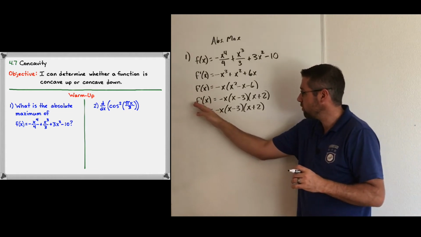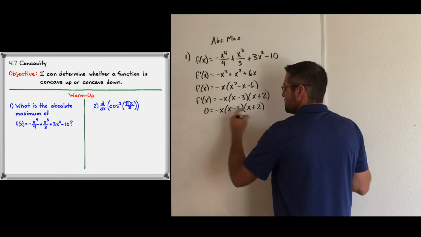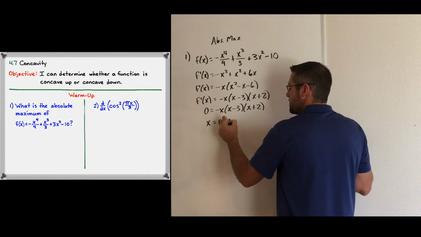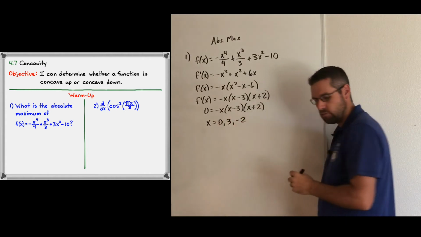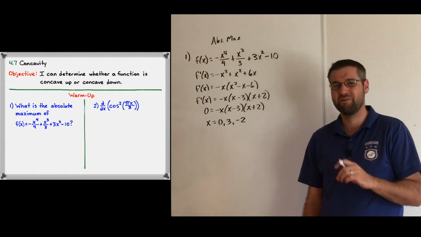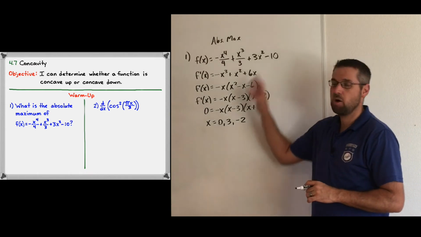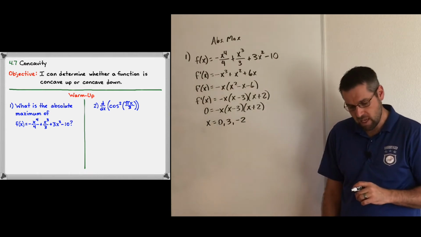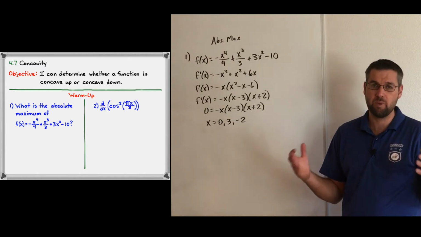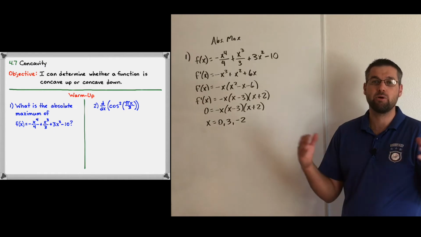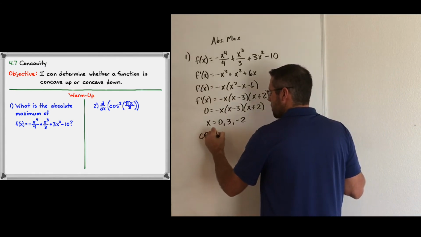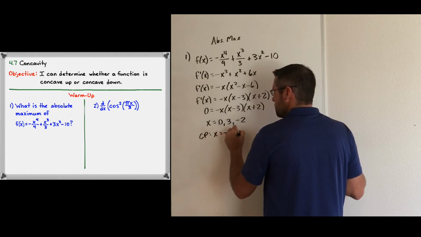And so we're looking for critical points by setting the derivative equal to 0. That happens when x equals 0, when x equals 3, and when x equals negative 2. So that's one set of critical points. Remember, another set of critical points is when the derivative does not exist. Since this is a polynomial, the derivative always exists. And in this case, it doesn't give us any kind of interval or domain, so therefore we don't have any critical points at endpoints. So our three critical points are exactly x equals negative 2, 0,